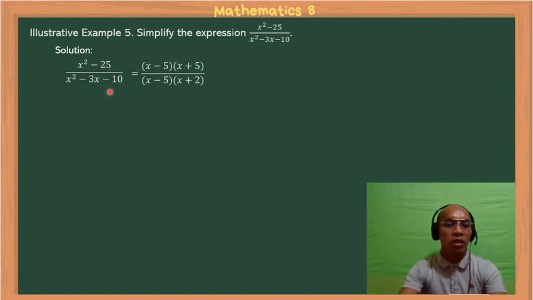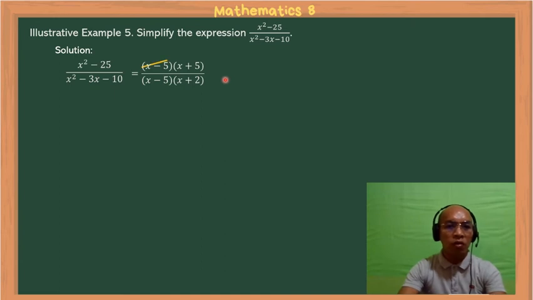In our denominator, this is a quadratic trinomial. So the first terms of the binomials are x and x. These are the factors of x squared. We will be looking for two numbers such that their product is equal to 10, but their difference is equal to 3. In that case, 5 and 2. And we will take negative to be the sign of 5 because the sign of the middle term is negative. So the bigger factor should carry the sign of the middle term. Again, adding different signs means subtracting the two numbers and copying the sign of the number with the greater absolute value.